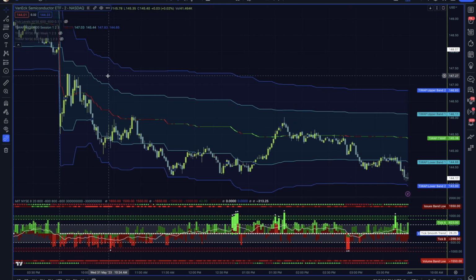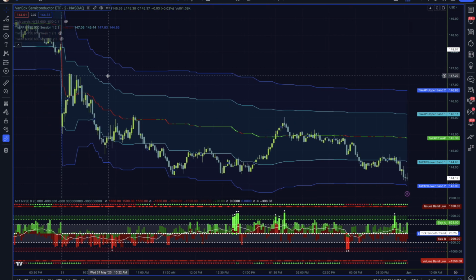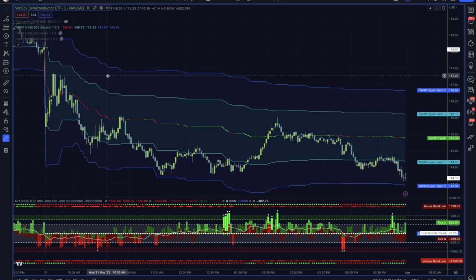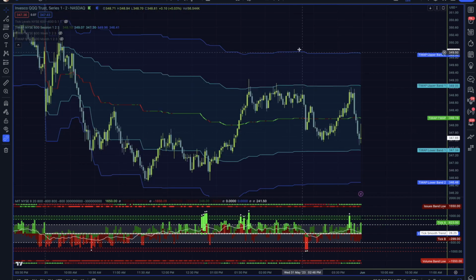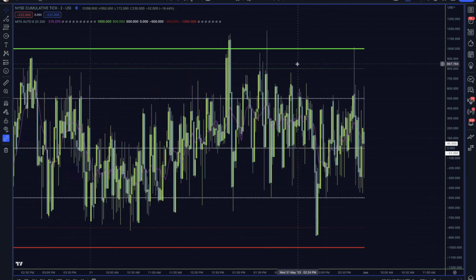So semiconductors, if you've been trading the market the past month or so, with NVIDIA's huge earnings, it's just been a rocket ship. So with their liquidity and Apple's being somewhat of a divergence, I think this is probably somewhat of the reason we're seeing some interesting QQQ versus SPY movement. So if we hop over to the actual internal charts,